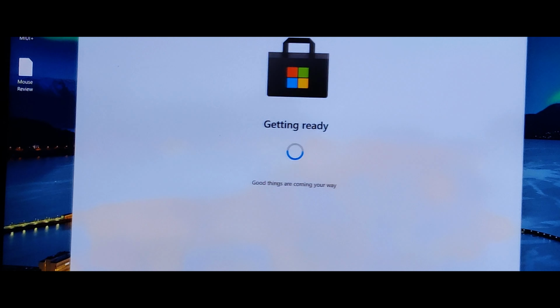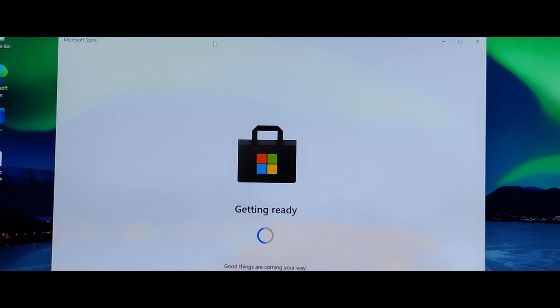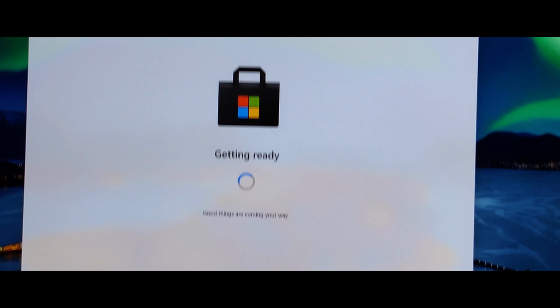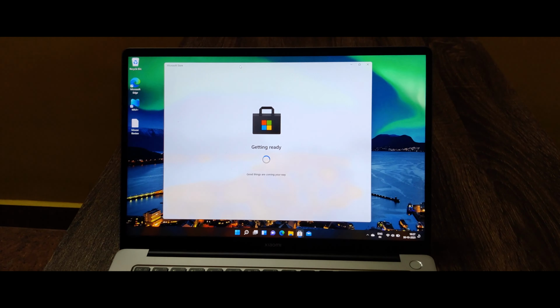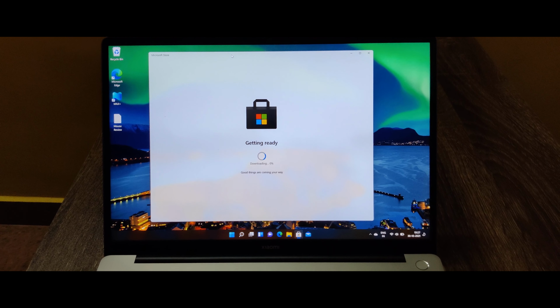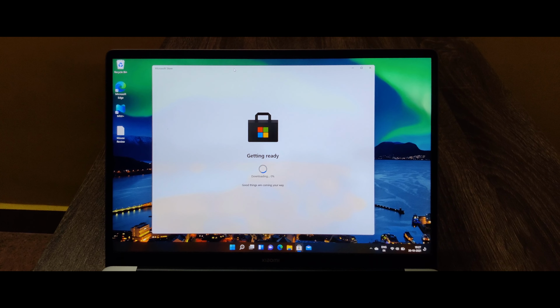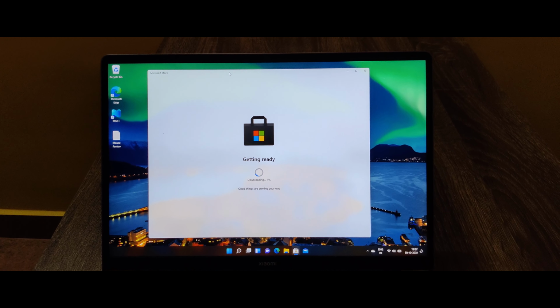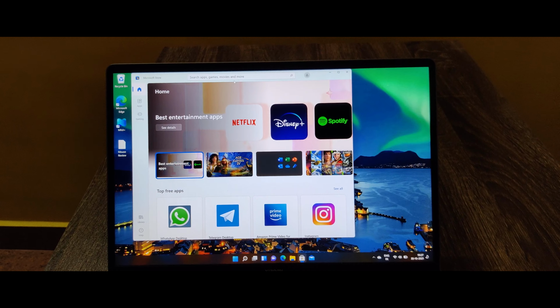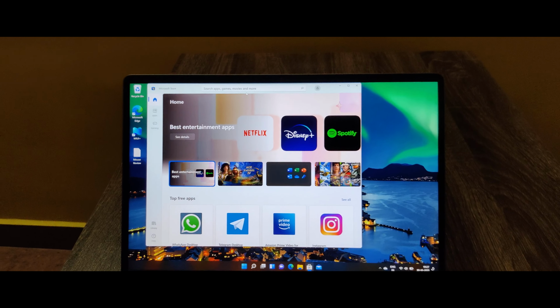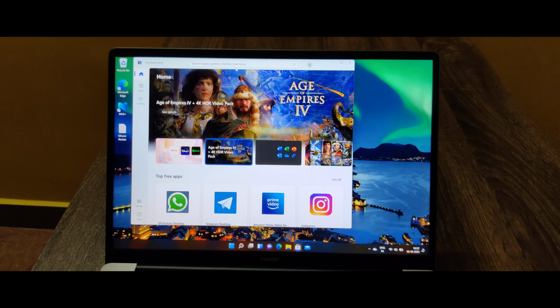Coming to the Microsoft Store, this is the new store which is coming up with Windows 11. Please give it a few seconds for its initial load. As you can see, the new Windows 11 store is beautifully crafted in terms of UI and experience.